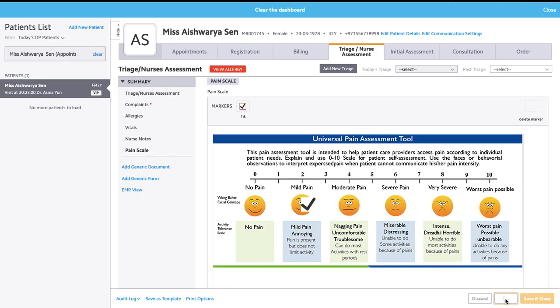Going back to the nurse's assessment screen, let's assume that we have updated all the details and saved the screen, right? And now from here, I just go back to the doctor consultation screen. This is the main